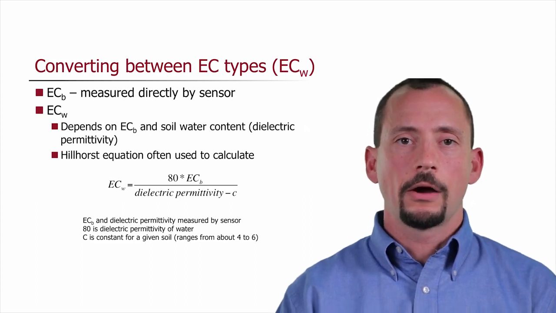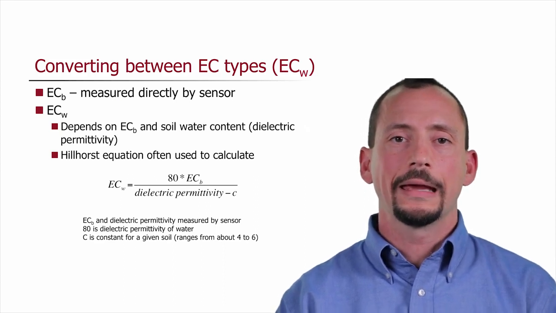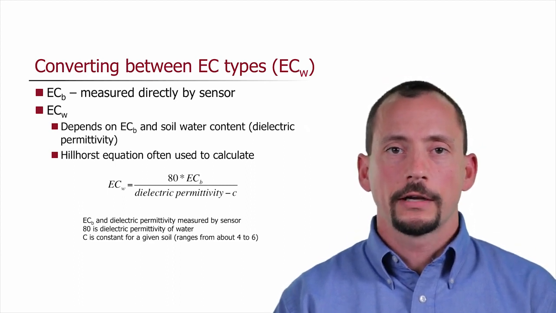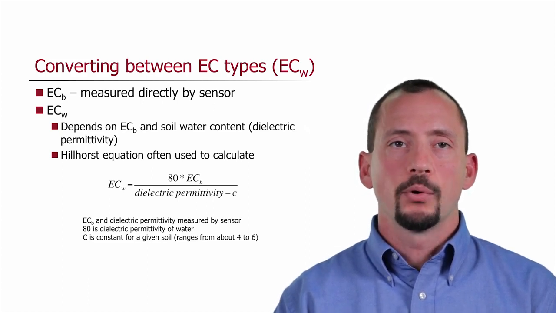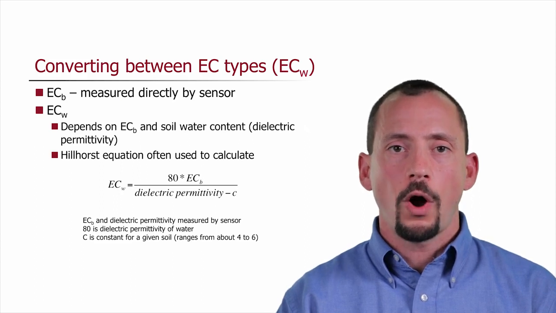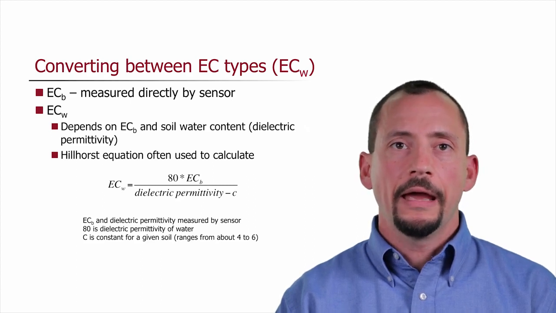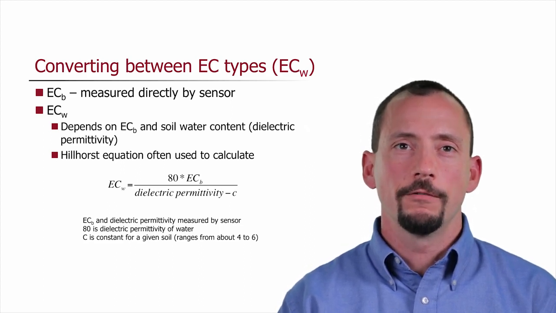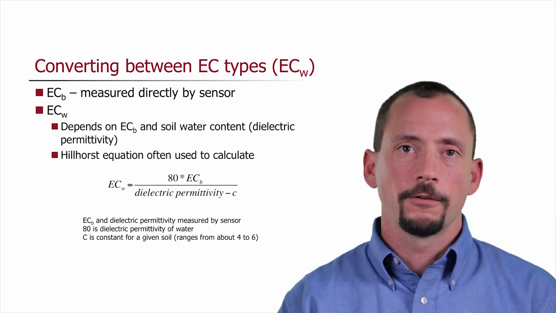So let's talk a little bit about converting between those different types of electrical conductivity. I mentioned earlier that we can convert between those types if we know a few things. So we said that the bulk electrical conductivity is the conductivity that's measured by the sensor. We can predict the soil water electrical conductivity if we know that bulk electrical conductivity value and we know something about the soil water content or dielectric permittivity of the soil. So you can see the equation that I put up there is a very simple equation. This is the Hilhorst equation that allows you to calculate the soil water EC from the bulk EC and a